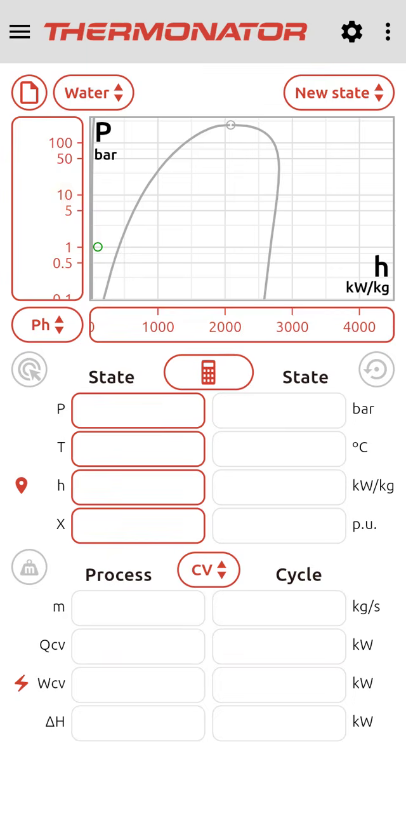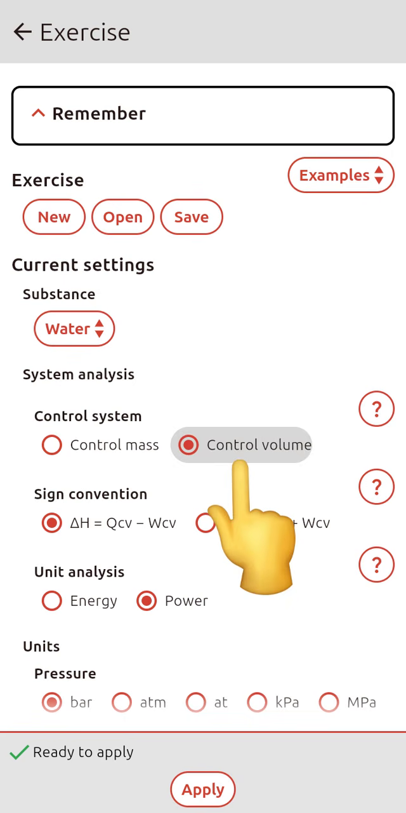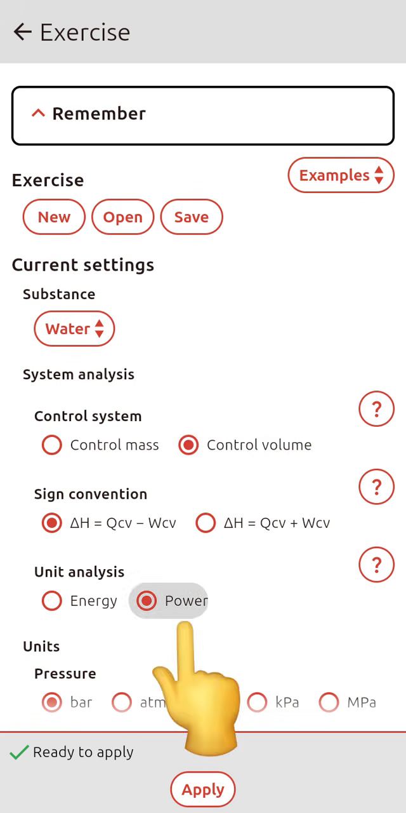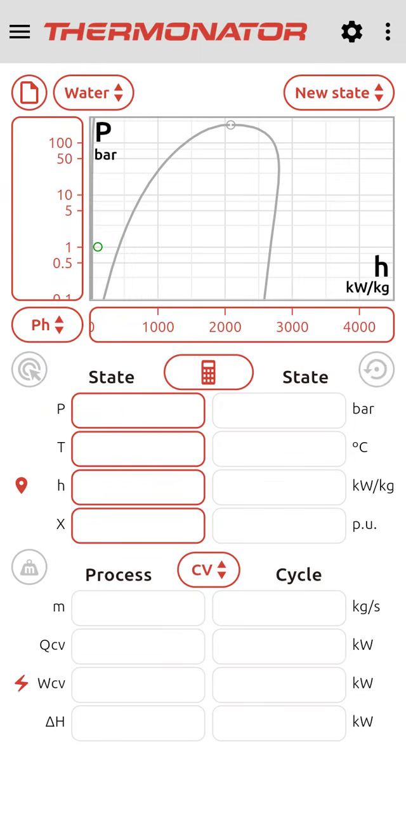In Thermonator, we set up a control volume exercise, since the heat exchanger is an open system. We also set power units, because mass has units of time. First, we enter the pressure and temperature data for inlet 1, and click the Calculator button to obtain the state